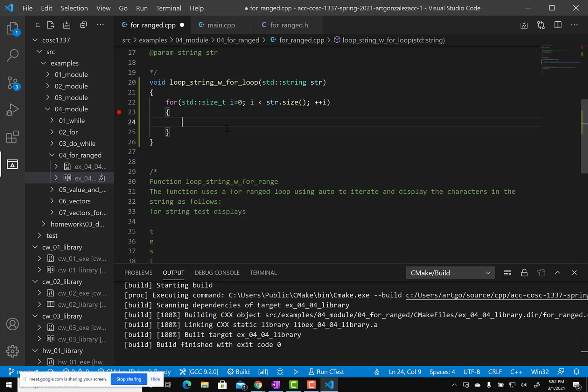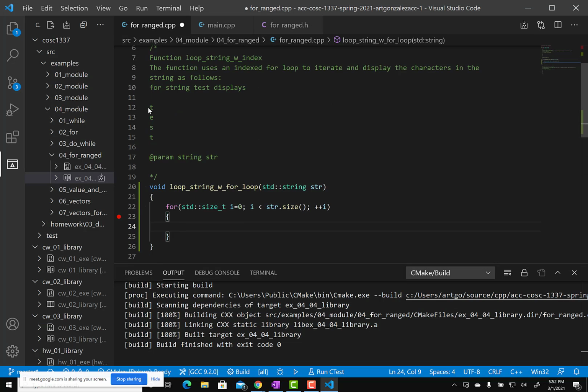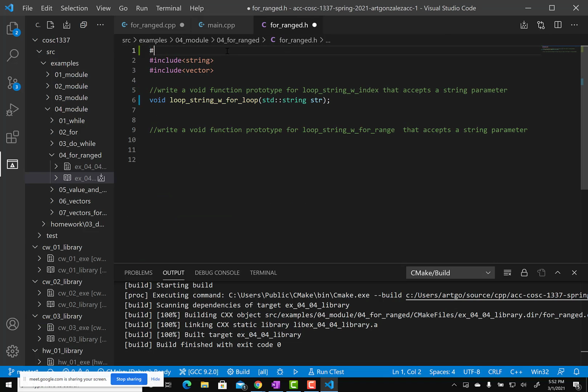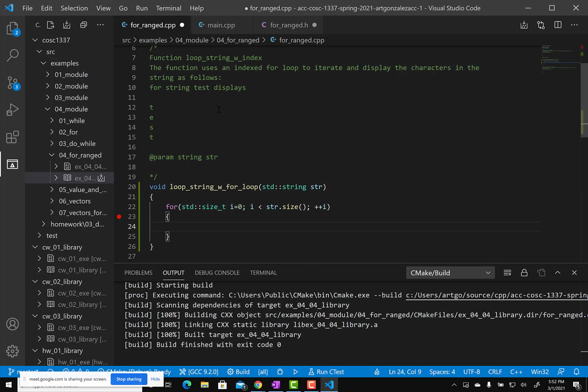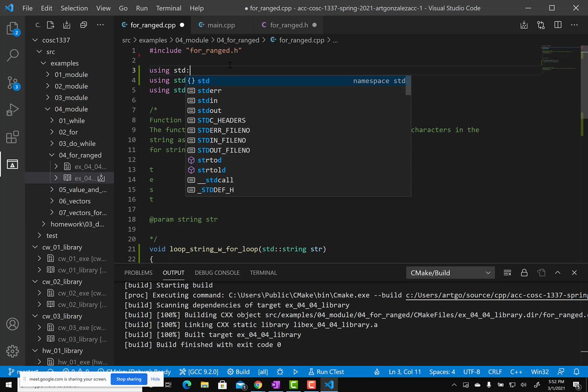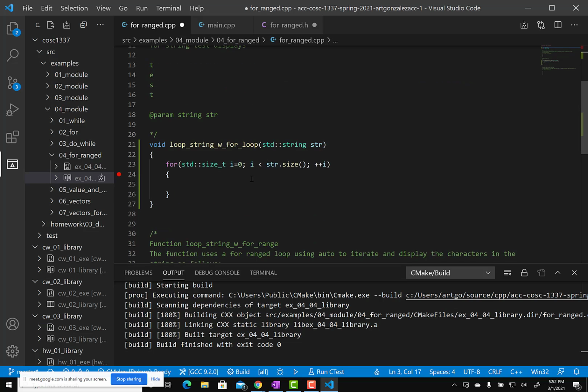Okay, so here we just simply want to display a string like this, in one line. So let me see, we don't have iostream here, so let's include iostream. And here I can say using std::cout. Now I can come here and say